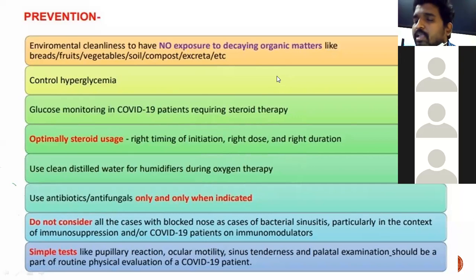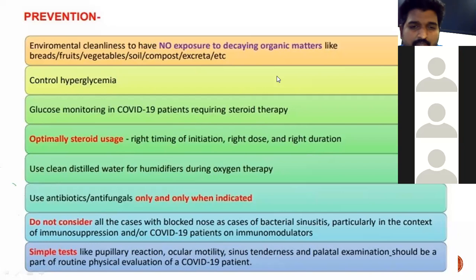I could see there are some prescriptions, even by doctors, for COVID-19 treatment. They're starting steroids from day one. Actually, it is detrimental because on day one, there is a period of viremia. If you use steroids, there is a chance of proliferation of the virus at the time of the initial phase, and you get a prolonged viremia, and you have a high risk of developing cytokine stimulation, an inflammatory storm. That's why steroids should not be given in the initial phase.